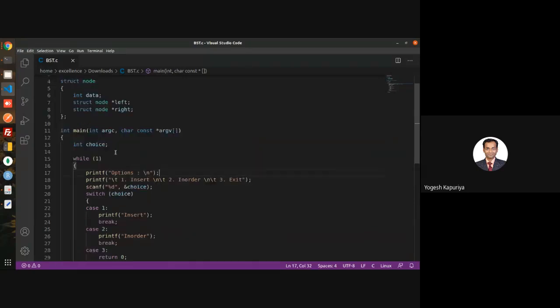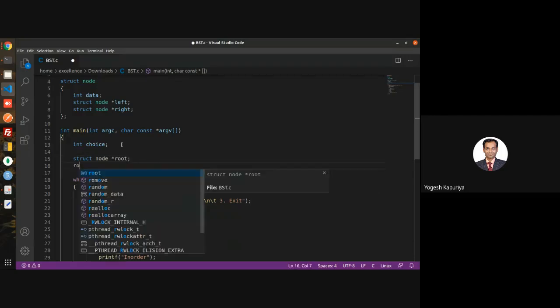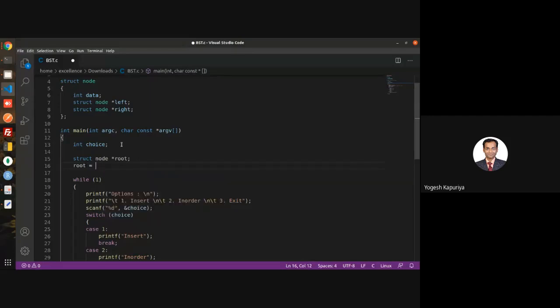Okay. So now we will try to create a tree. As we know, any tree requires a root node. So I will require one root node. Because it's dynamic memory allocation, we require to malloc it.